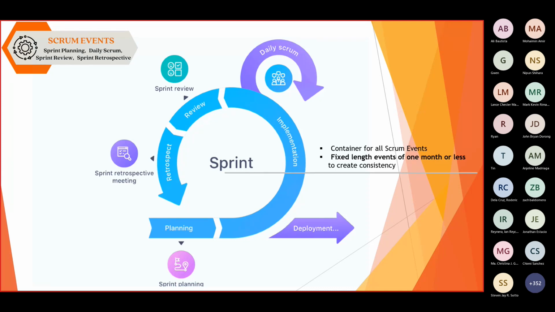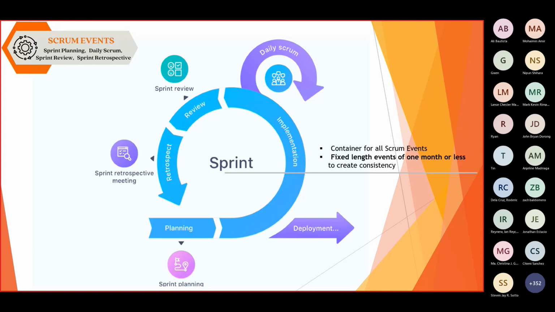So for the sprint, it is not a formal event, but it is a container for all the different Scrum events that we have. Sprints are usually fixed in length of 1 month or less to create consistency. It just depends on your team on how long you want your sprint. Some may have it in 2 weeks and some may have it in 3 weeks, but it is advised that if you decide to have your sprint go for 2 weeks, then it should be consistently going for 2